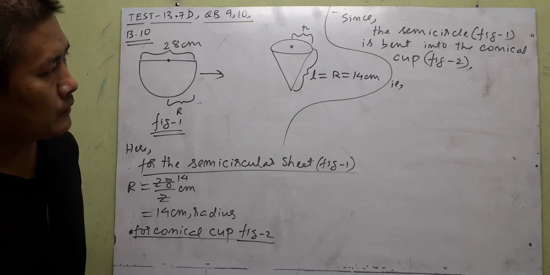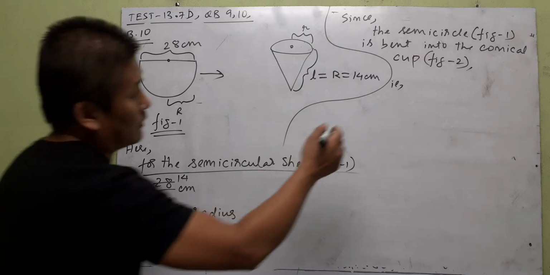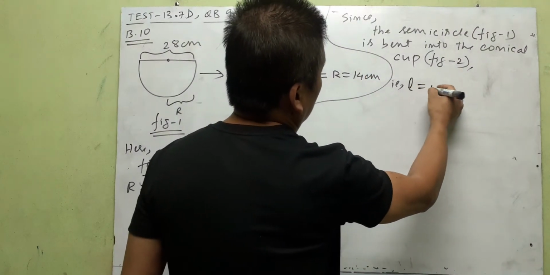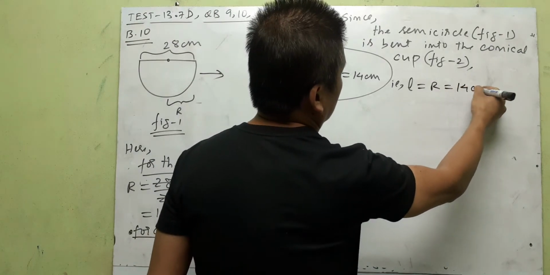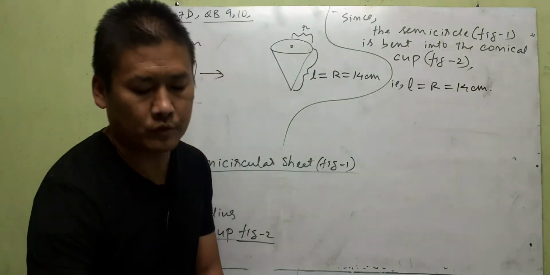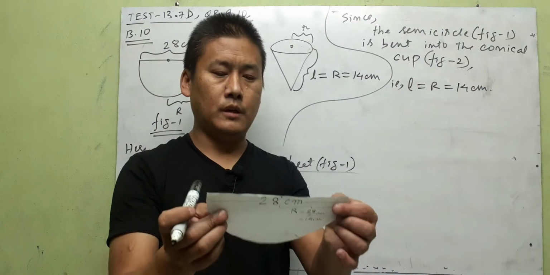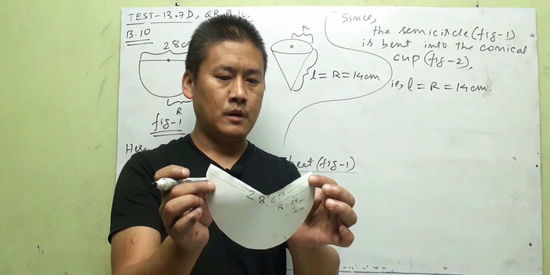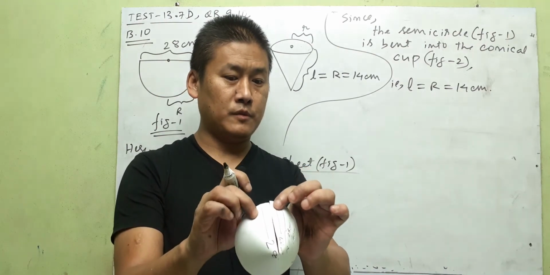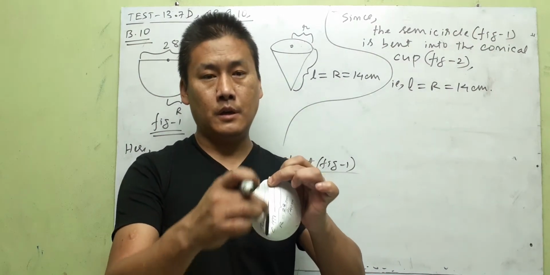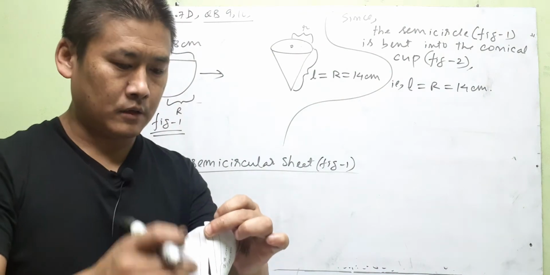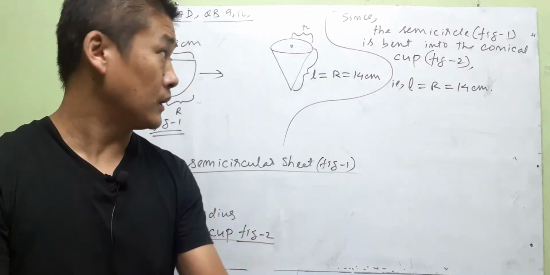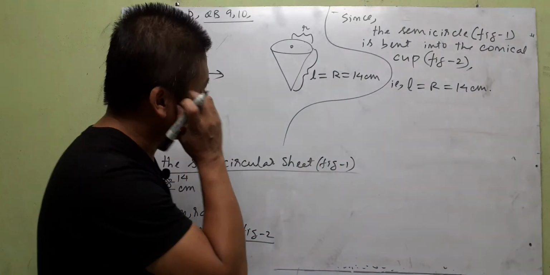let us say here r, this one's L will be equal to 14. That one you understood, I showed you here. This 28, which is capital R, bend, which is diameter, radius is 14, therefore it becomes the slant height, meaning from here to here is the R of the semicircle, which is 14. Then next here,